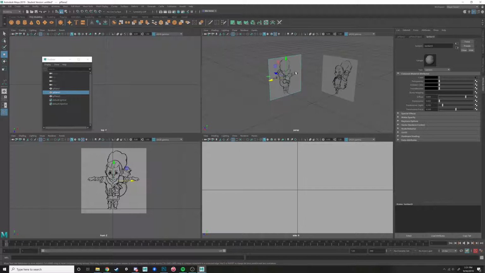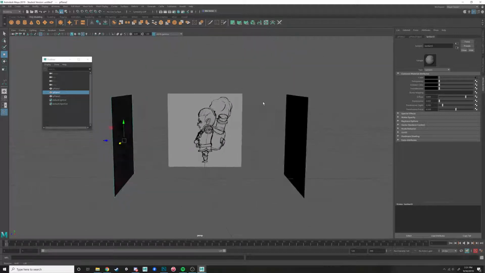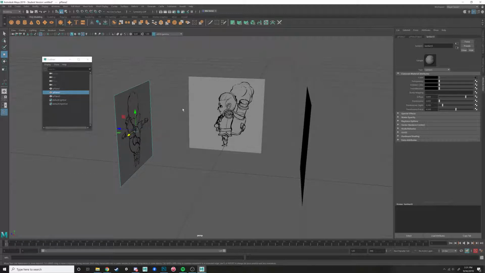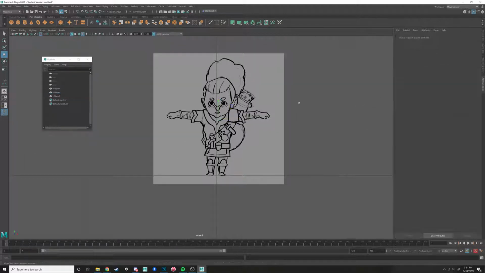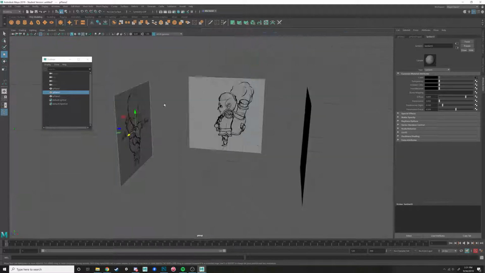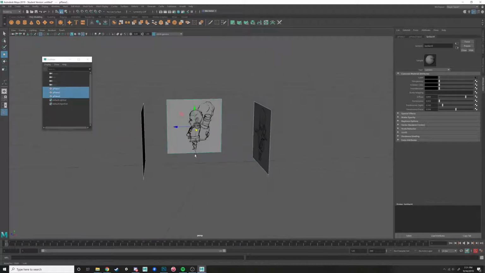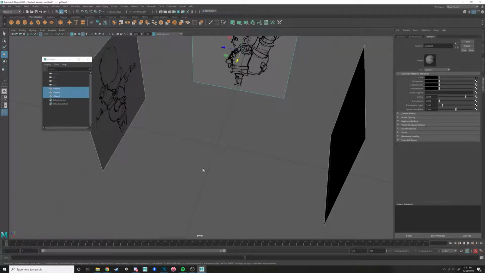So we need to line up all of these, and they're set. We're good to start modeling now. However, when I go into this view and I click around, you'll see that I'm clicking on this image plane. And that's no good. That's just annoying. We need to be able to click our model, because we're going to be building our model in this